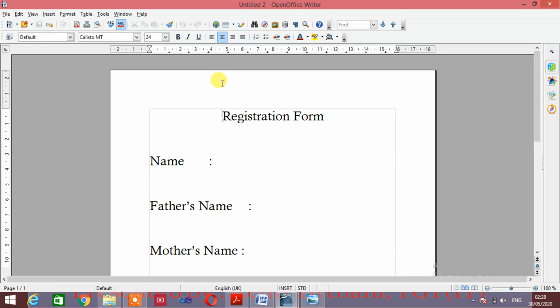Okay. Now whatever changes you want to make in this registration form, like if you want to fill the particular registration form, I am going to fill it with the name Renu Tithani.